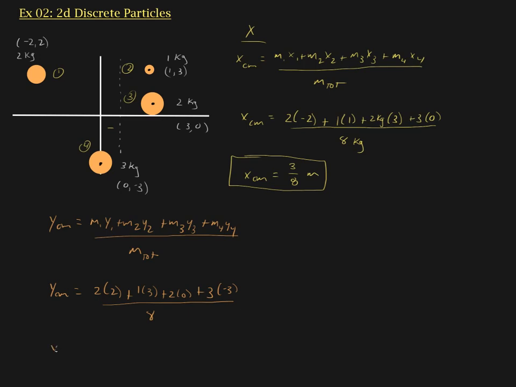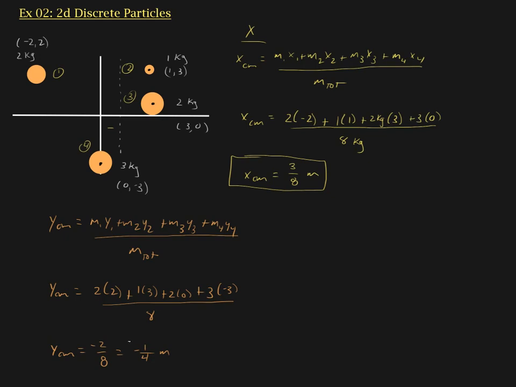All right, so YCM is equal to 4 plus 3 is 7. 7 plus a minus 9 is going to be a minus 2, so it's a minus 2/8, which is equal to minus 1/4